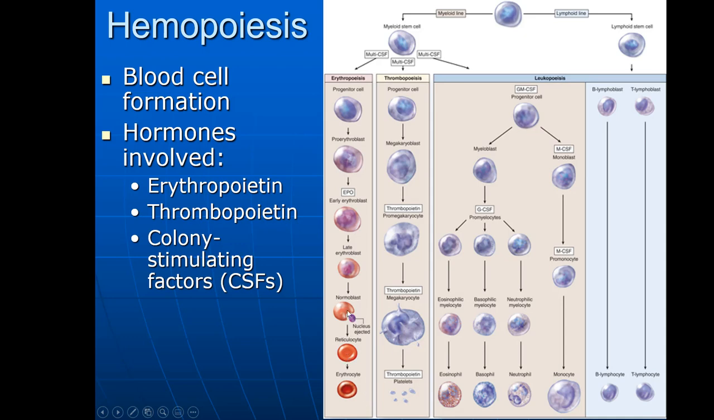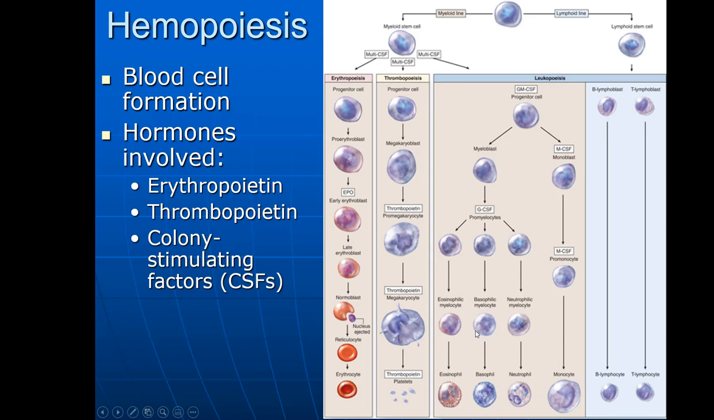One, you can see in the red blood cell formation that the nucleus gets ejected in the formation, and so that's why it doesn't have a nucleus. In the platelet formation, you see you get a megakaryoblast, megakaryocyte, and then it breaks apart and you get the platelets. And then for the white blood cells, you don't really need to know any of these steps,